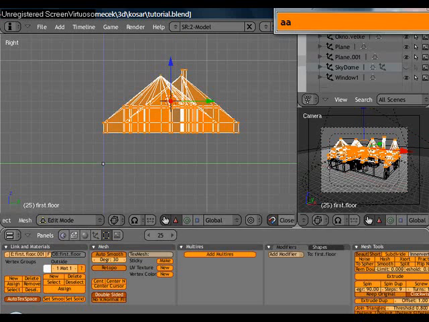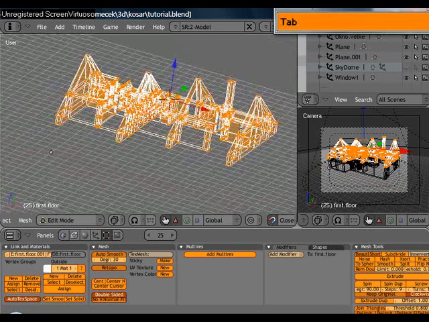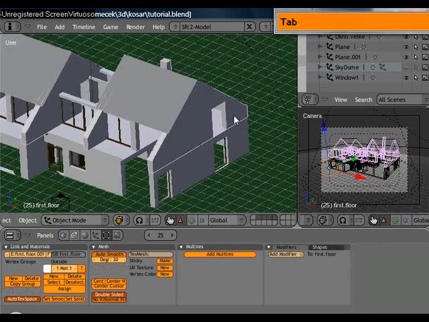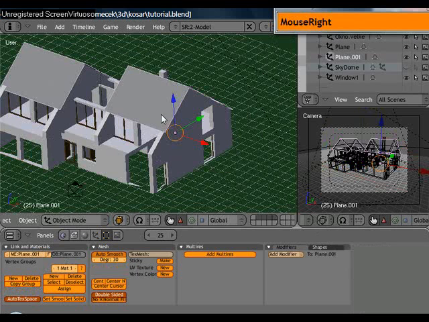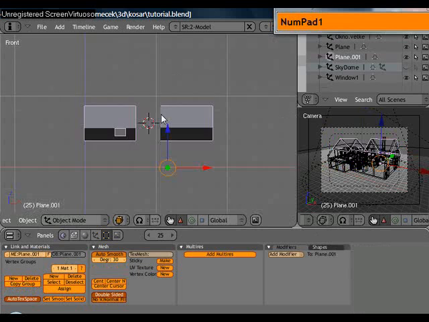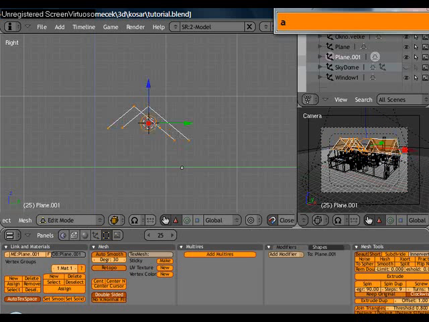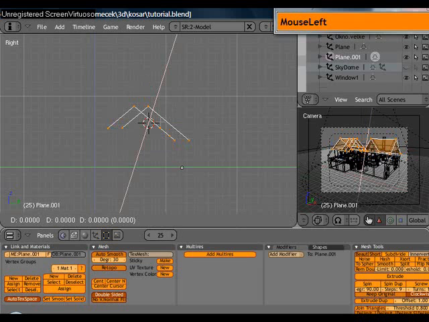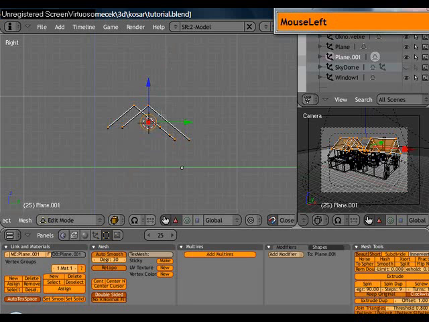So I'd like to remove doubles, and so the wall is done. The roof, I will work on the roof. I'll extrude up a little,